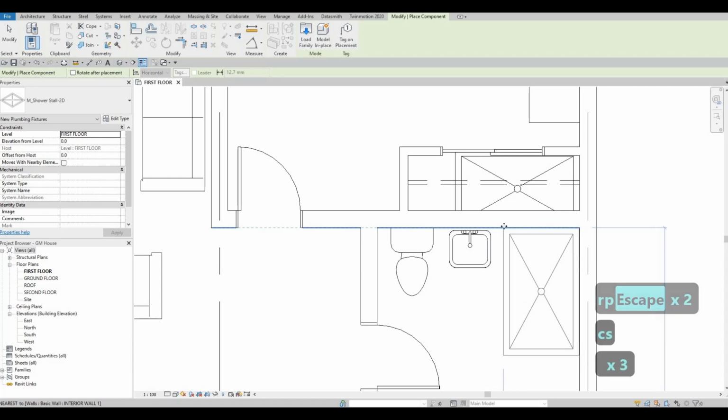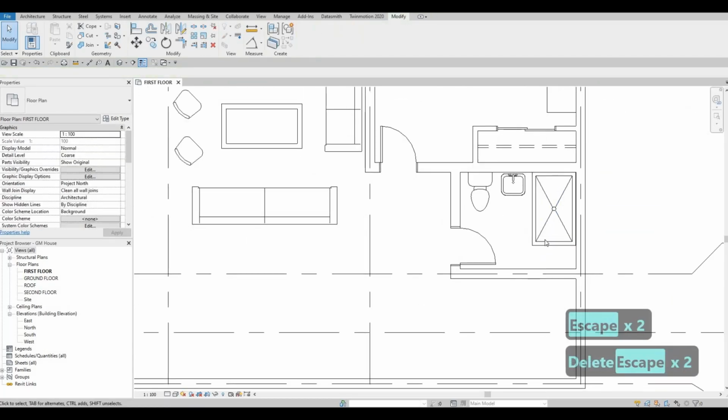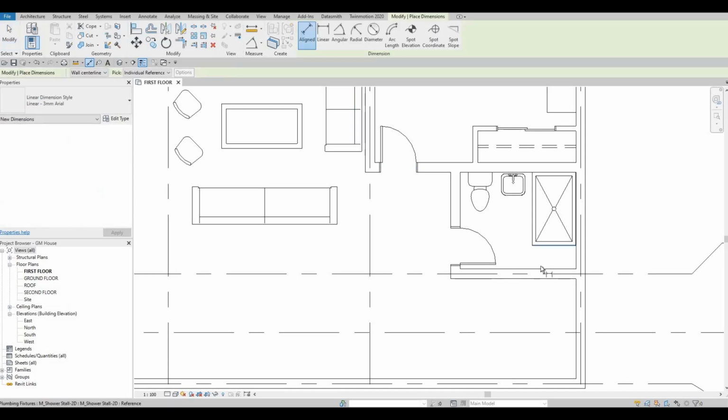So basically right there, and then we could just delete it. So a fast way of doing this, if we want to be exact, because there's a space right here, I don't want that. What we could do is we could check the dimension,